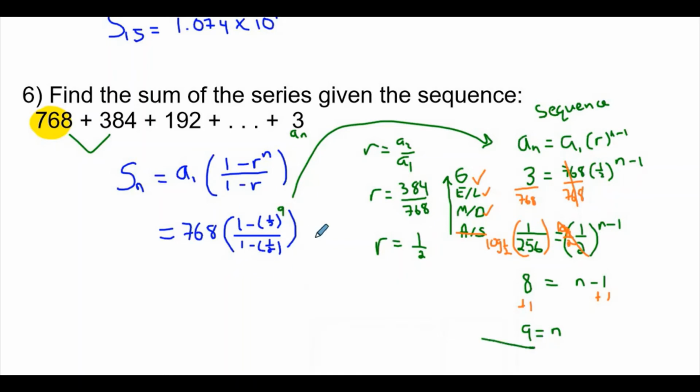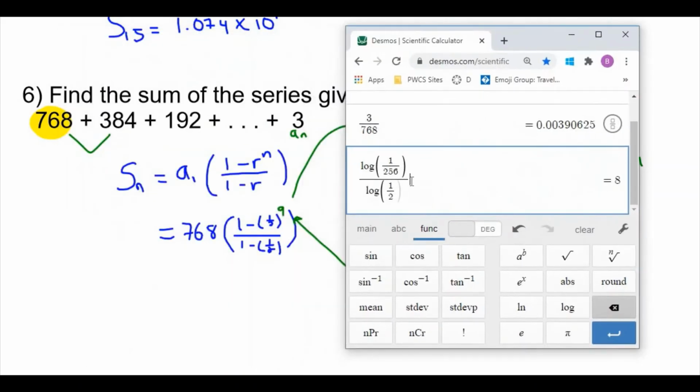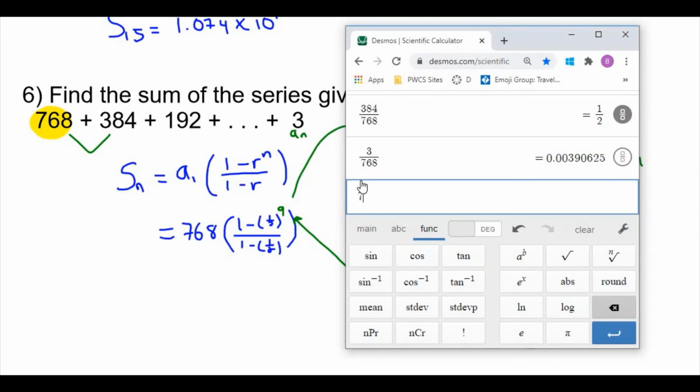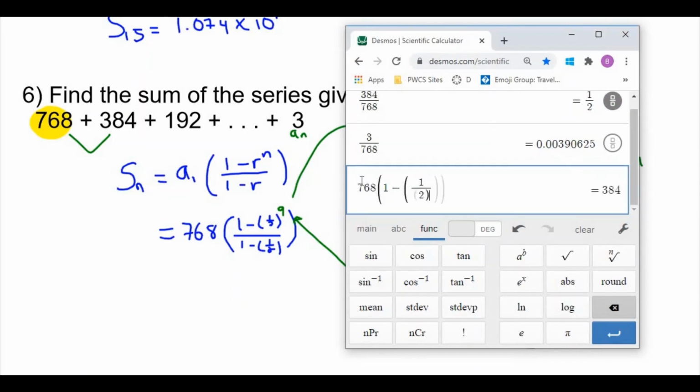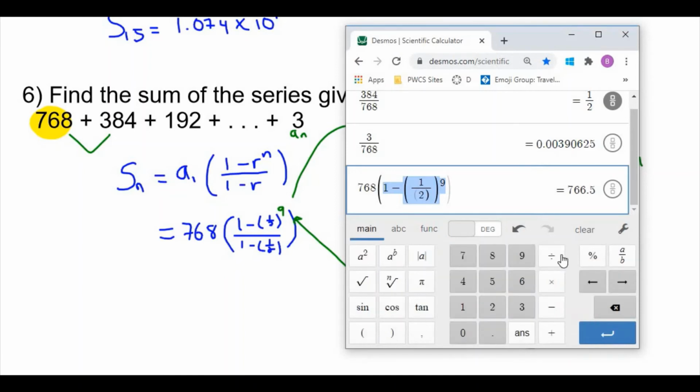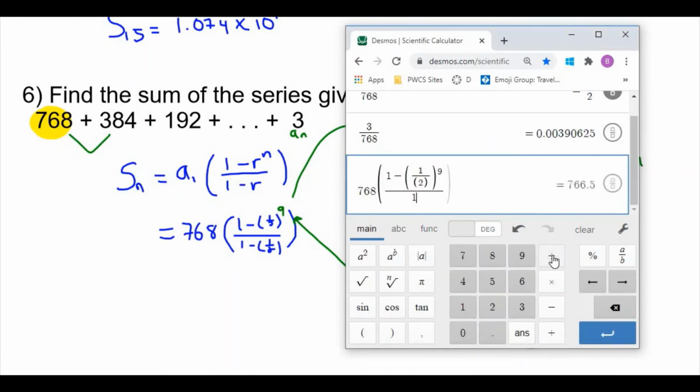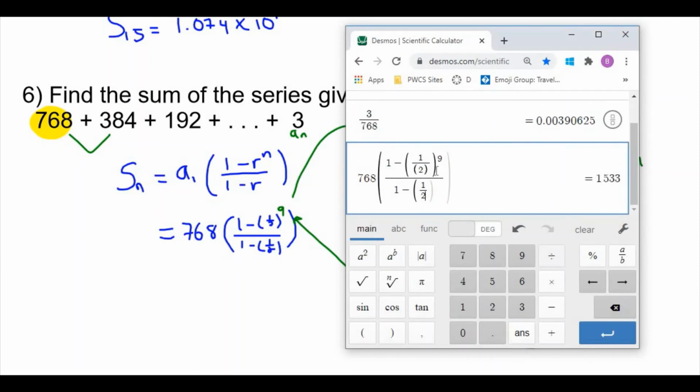Now that I know what it is, I just take that and put that back in there. And now I can finally come into the calculator and type the whole thing in. So let's see, 768 times 1 minus, this is where that parentheses on that fraction is so important, and you must make sure you click in between those to get this to the right exponent. Highlight the whole thing, then hit divide, which, remember I was on functions, I have to go back to main. And then I type in 1 minus 1/2. And the beautiful thing about Desmos is I can actually see, did I type in what I have on my paper? And that comes out to